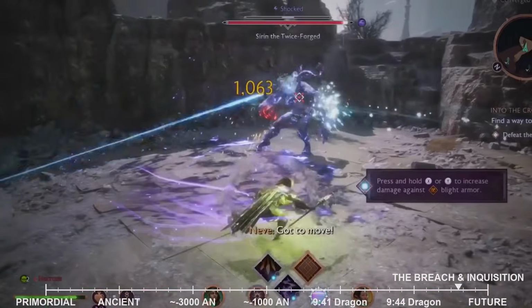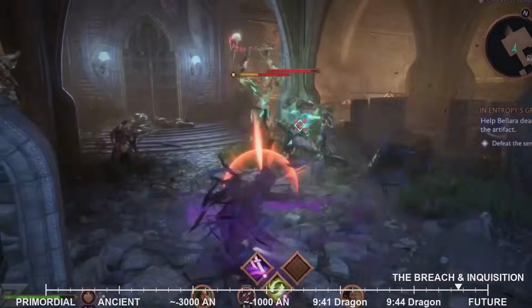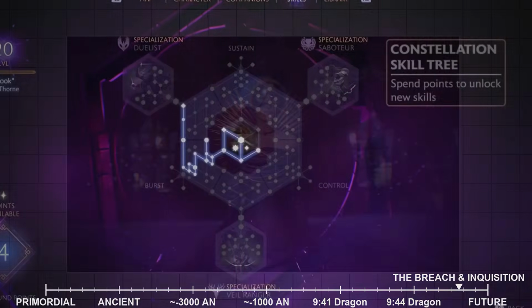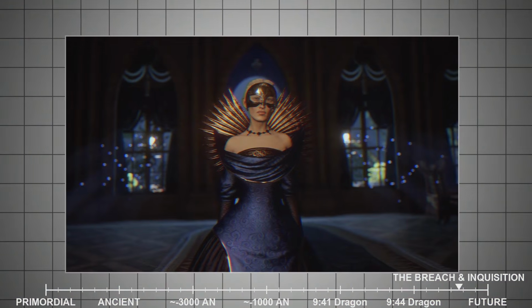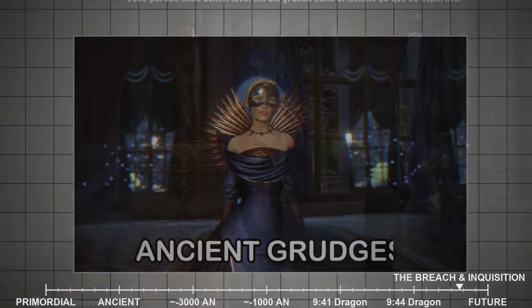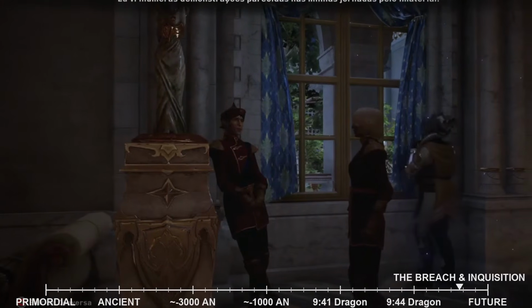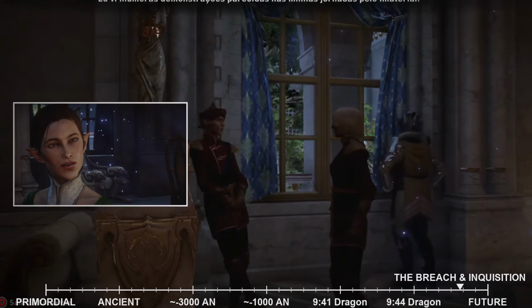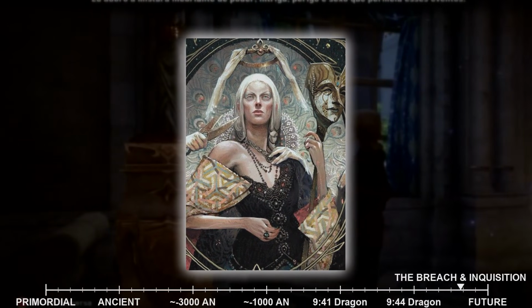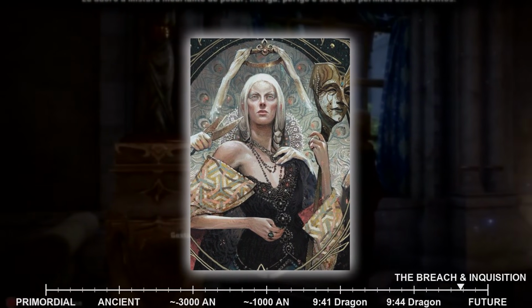The Inquisitor, through careful diplomacy and strategic interventions, began to understand the true depths of the Orlesian civil war. They learned that the conflict was not merely a struggle for power between Celine and Gaspard, but was deeply intertwined with ancient grudges, political machinations, and the hidden agendas of powerful figures like Briala, Celine's elven spy master and former lover.